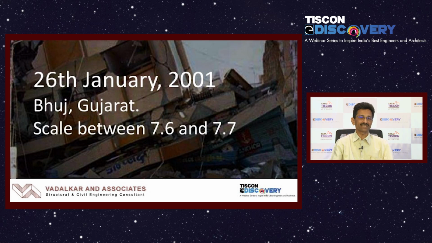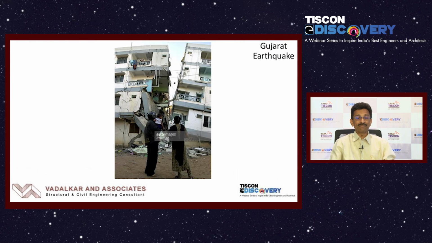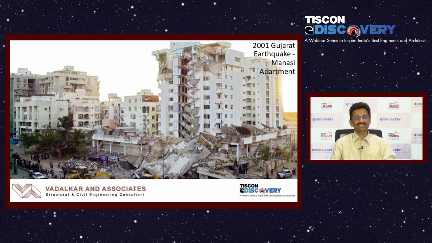Now I will show you some pictures from the Gujarat earthquake, which happened in 2001. There was widespread damage during that earthquake, and the magnitude was around 7.7. Many buildings far away from the epicenter in the Kutch area, like in Ahmedabad also, had huge damage. And I was part of the survey team from Mumbai to survey the damaged buildings in the affected region. We had some very interesting observations. Because of some bylaws, there were large balconies and large projections, and of course there was the open story, which was also a major cause of damage.